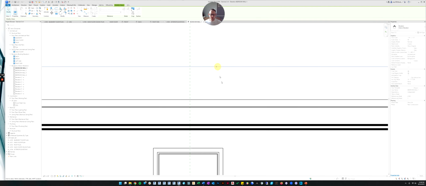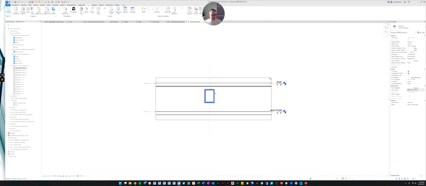Okay, so I'm going to teach you something before we do this. There is a little command, and I don't even remember where it is. Oh, it's on the View tab. It's called Thin Lines. TL is the shortcut on my computer. You can look at the shortcut on your computer, again, by just hovering over here. This drop down comes down and it shows you in parentheses what the shortcut is. But you can toggle the line weights on and off.